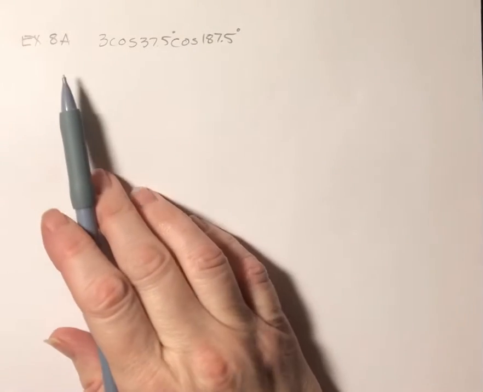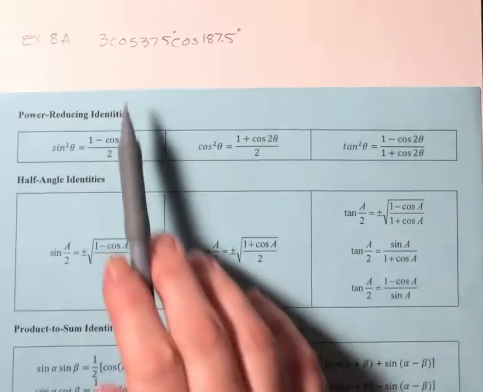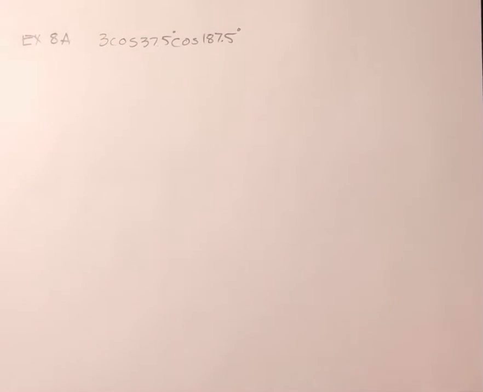Okay, example 8a, I again have a product. So I have product to sum. This is a cosine times a cosine. So I'm going to use this identity right here. So I've got